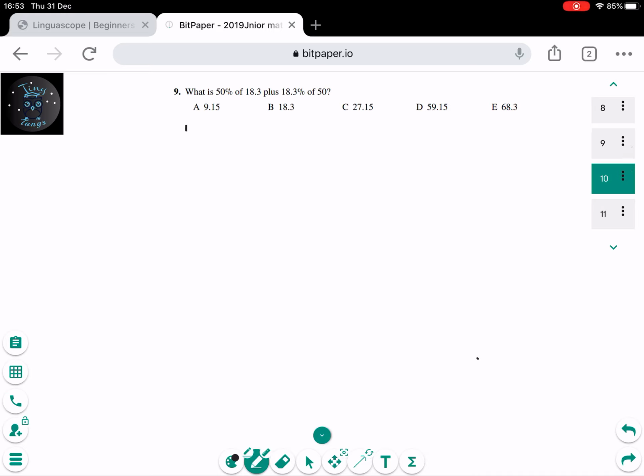We would know 50% of 18.3. So that would be half. So a half equals 50%. So it would be 9.15 is 50%. And also 18.3% of 50